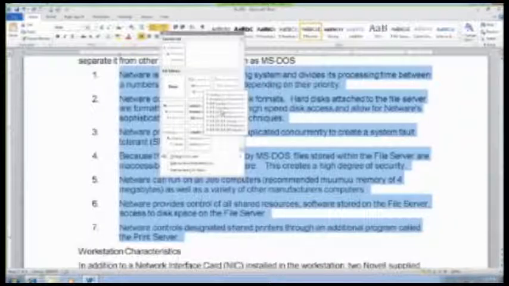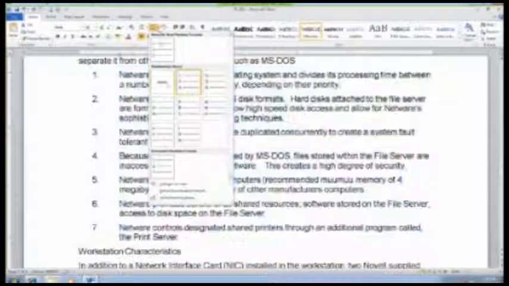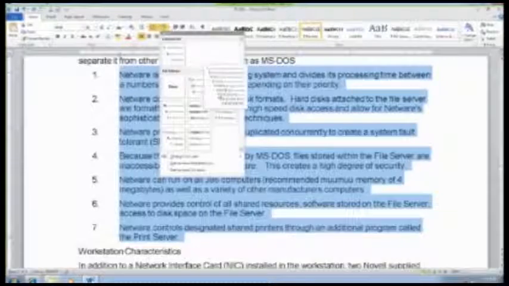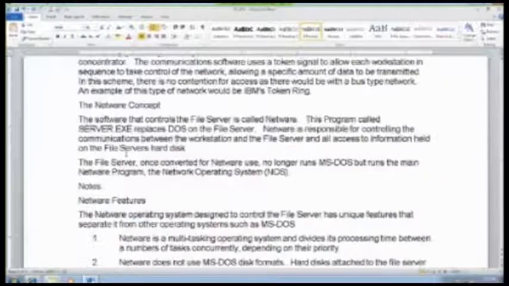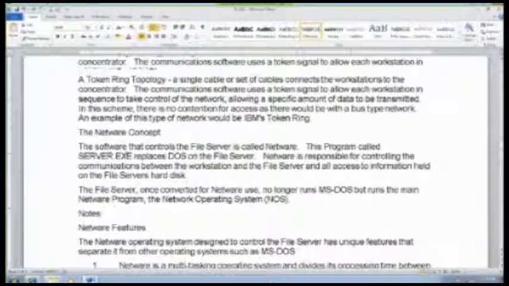So just be aware, don't try to create it with standard numbering, all right? No need to reinvent the wheel. Just simply choose your multi-level list option 6. And we work quite heavily with this in the advanced Word classes when we start working with more advanced document features. Now, when I go back to the top of my document,